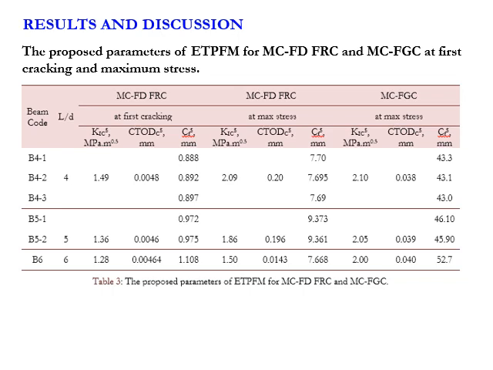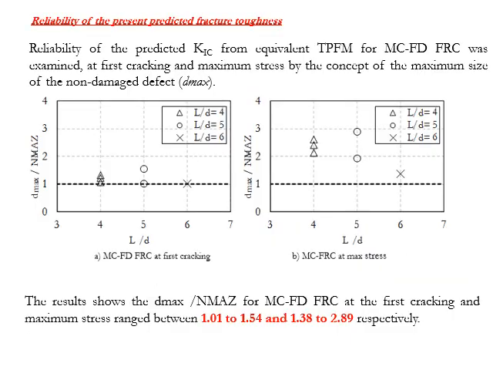This table shows the estimated fracture parameters K1C and the crack tip opening displacement by the equivalent two-parameter fracture model for different beam sizes. To check these results, the reliability of the predicted K1C from the equivalent two-parameter fracture model for matrix cracked full depth fiber reinforced concrete was examined